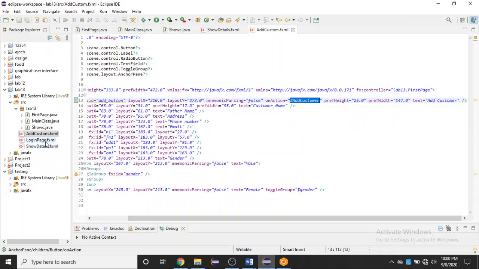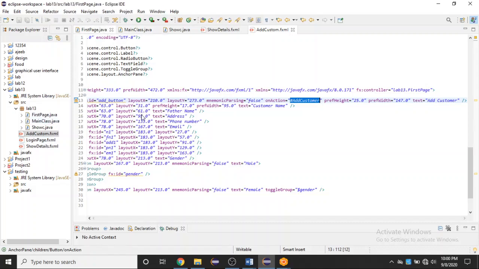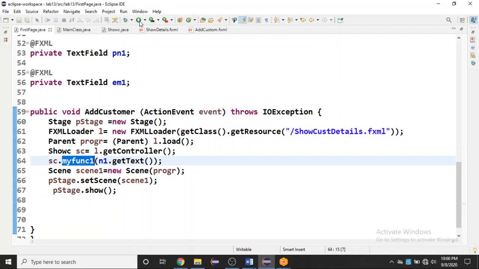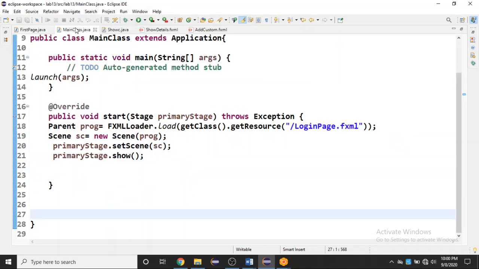Now you can see here in FirstPage.java, in our addCustomer we have just called our myFunction1, that is for only first text field. So now running Main class.java,